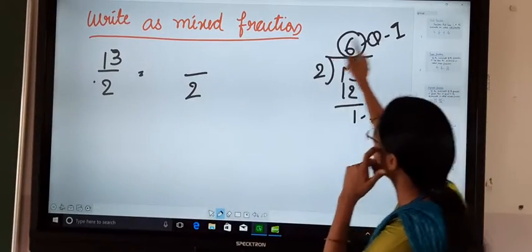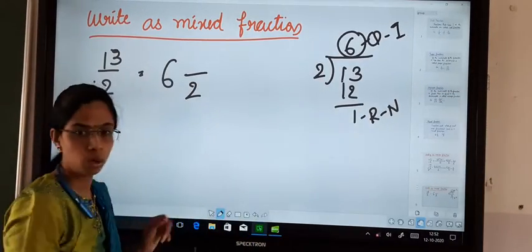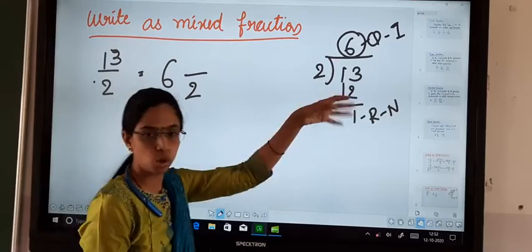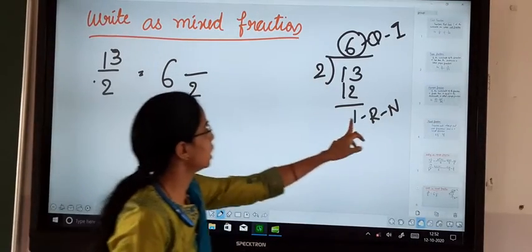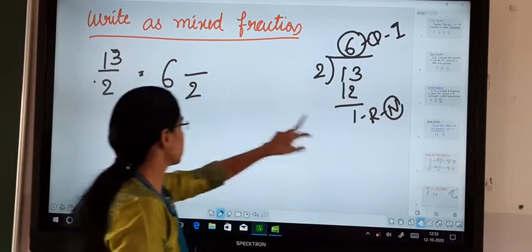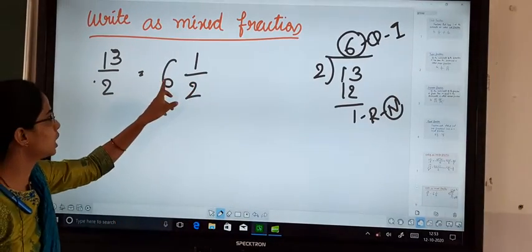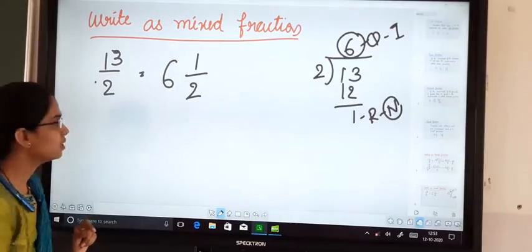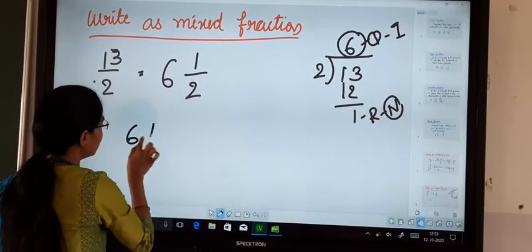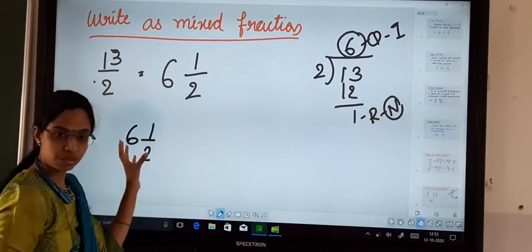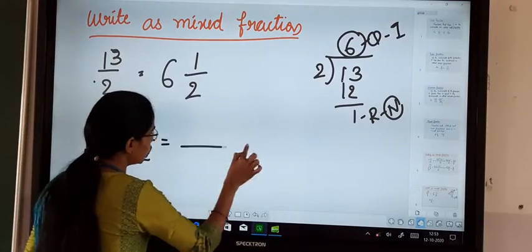QI means Q will become the integer. Here we write the whole part. Or else QW, the whole part of the second. And the remainder will become the numerator 1. Now 6 2s are 12. 12 plus 1 is 13. So when you want to convert this mixed fraction to an improper fraction, the denominator will remain